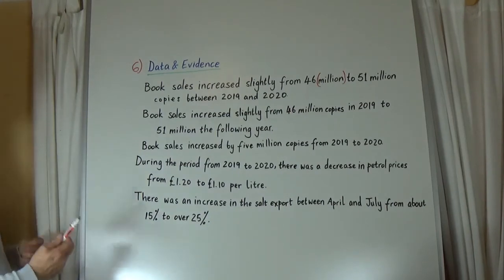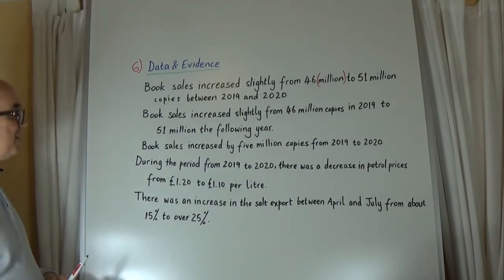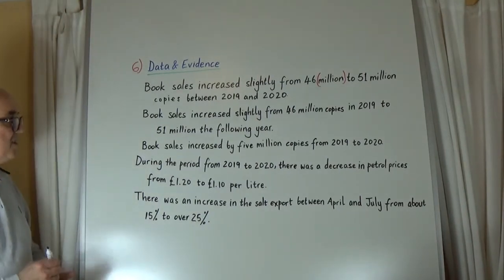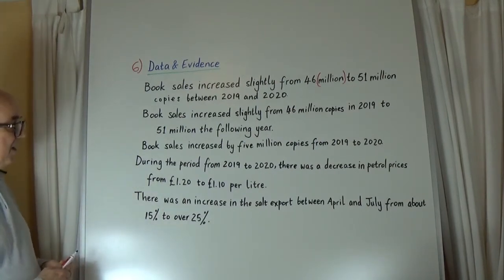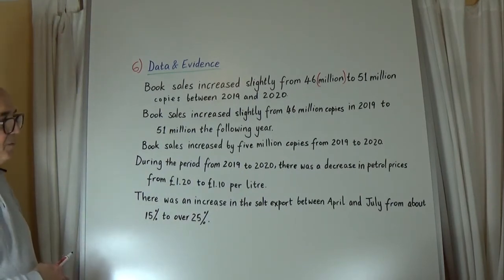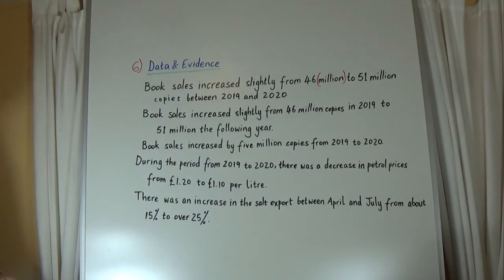And then I changed the product back to petrol, or as our American friends say, gas. During the period from 2019 to 2020, there was a decrease in petrol prices from £1.20 to £1.10 per litre. There was an increase in the salt export between April and July from about 15% to over 25%. So this is where we give our actual evidence. We're giving numbers,